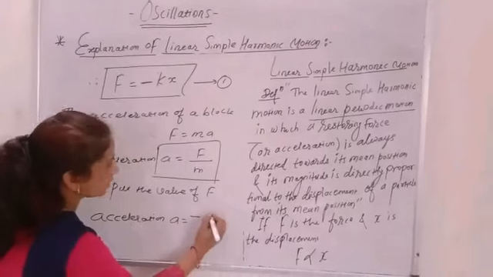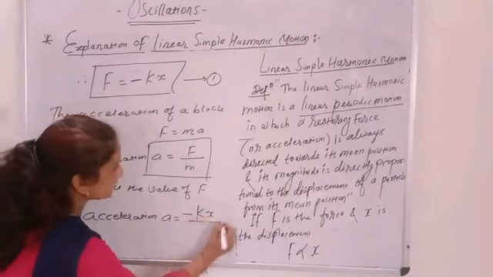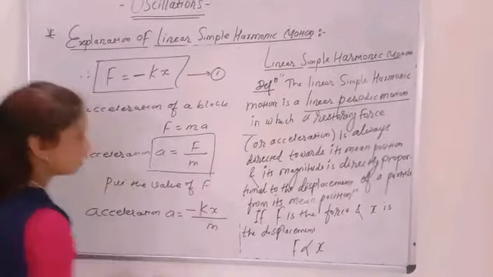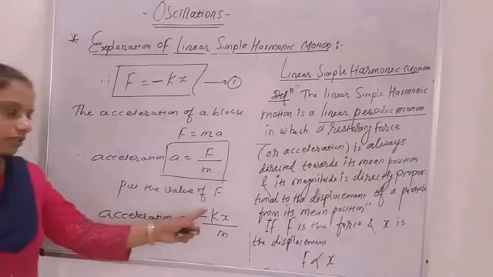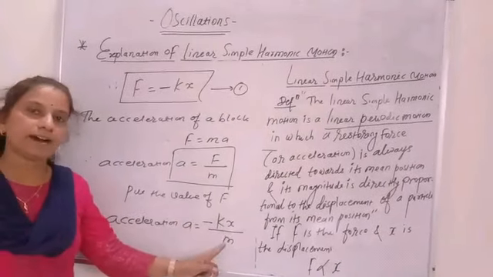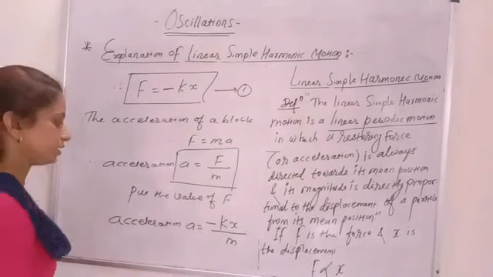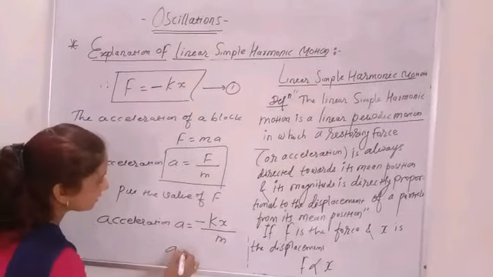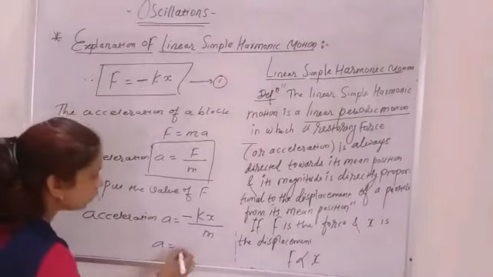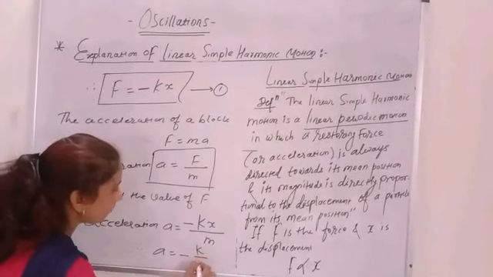So acceleration becomes minus kx upon m. Here k is the force constant and m is the mass of the block, which is also constant. So acceleration A equals minus k upon m